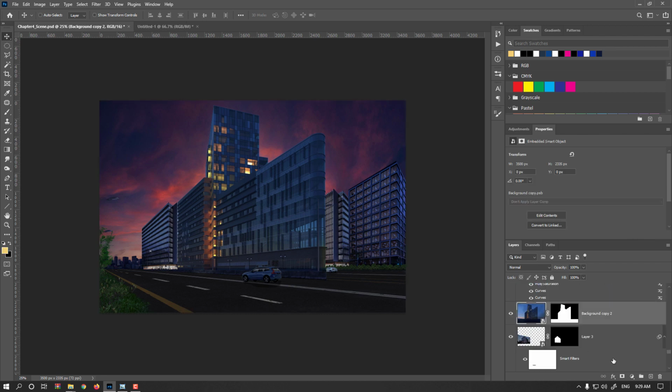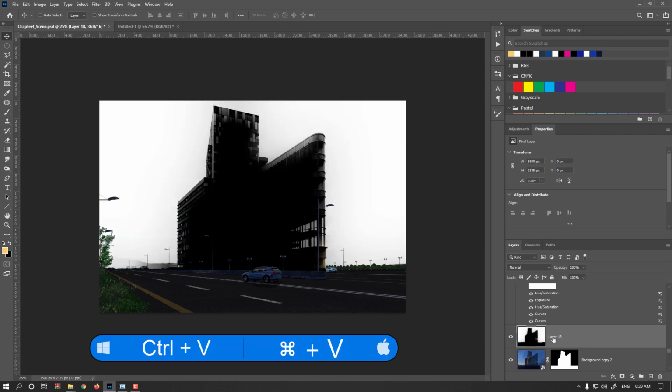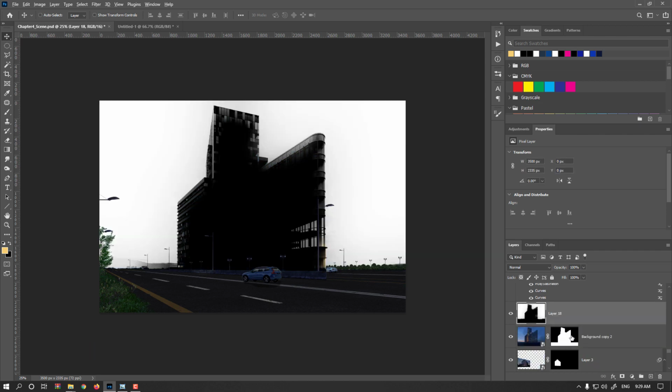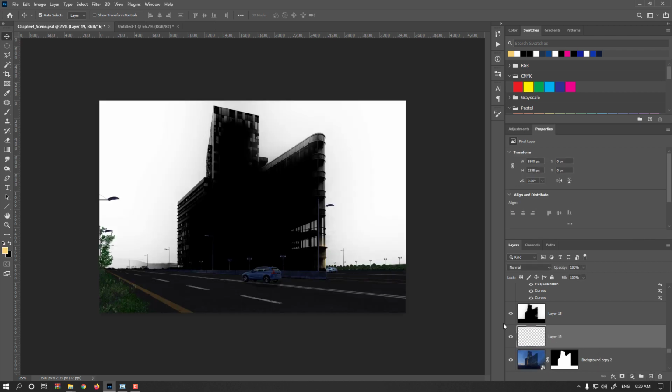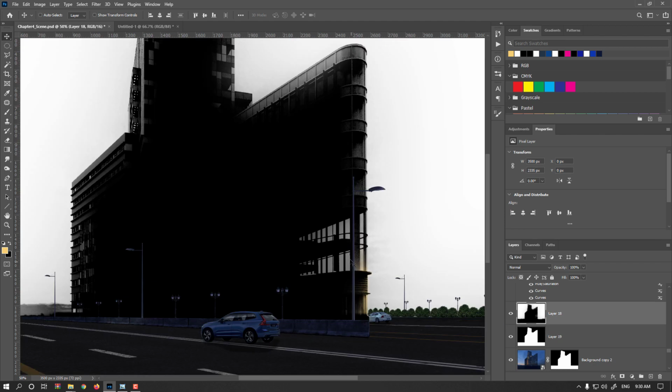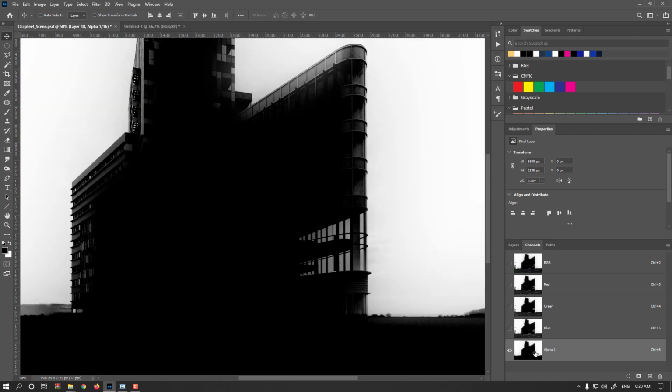Okay, I create a new layer on top of this building, Ctrl or Command V. Also, I copy this mask: Alt click, Ctrl A, Ctrl C, new layer, Ctrl V. We need just a selection of this part. So actually I copy this mask again, Ctrl A, Ctrl C, new channel, paste here, Ctrl V. Now if I hold the Ctrl or Command key and click on the mask, we select it